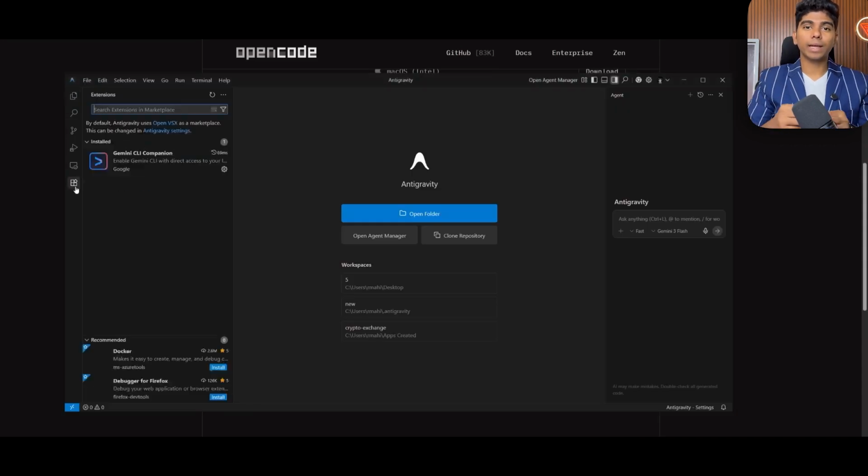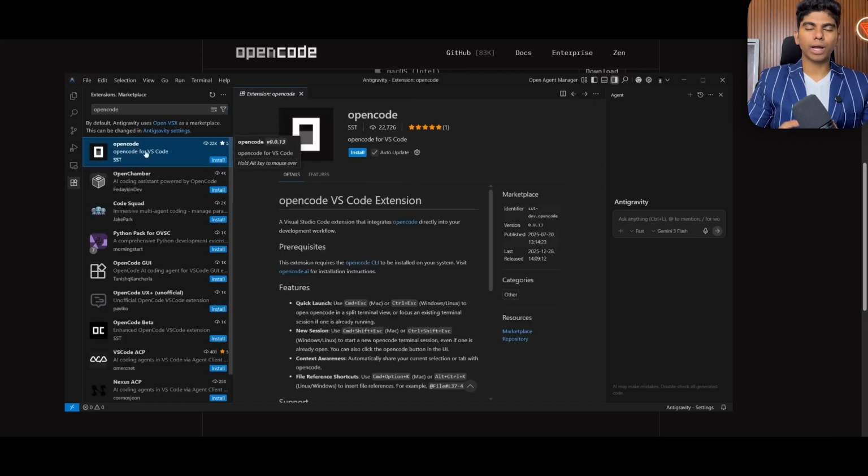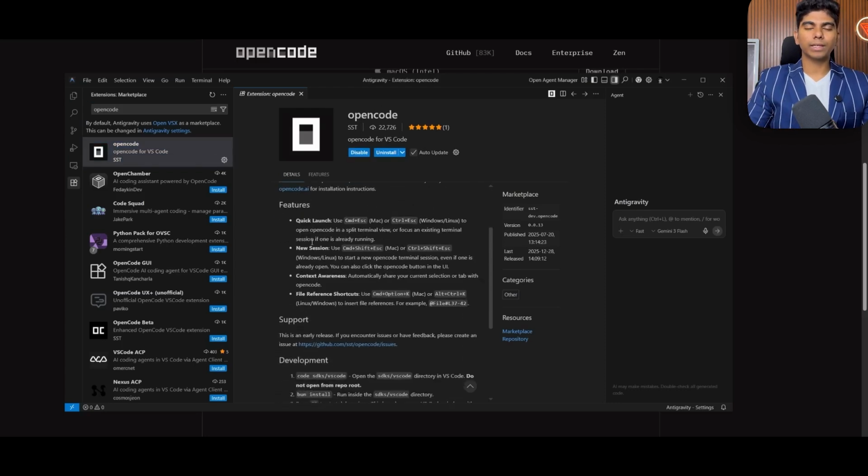Once you have Antigravity opened up, what you can do is head over to the extension store and search up Opencode. And once you have that opened up, you're going to be able to find Opencode on this left-hand panel, in which you can go ahead and install. Now you have a couple of commands that you can use to quick start it. You can use Command plus Escape on Mac to start it up, or you can use Control plus Escape on Windows or Linux. You have the ability to start up a new session using Command plus Shift plus Escape, or Control in that case,